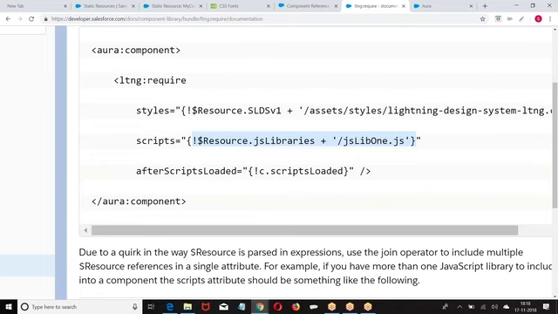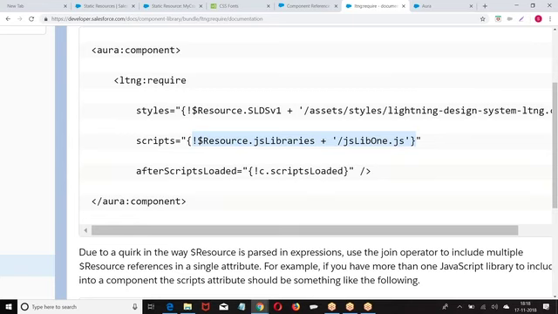Is this clear? So, lightning:require. It is used to include external CSS or external JavaScript files. If you want to include external JavaScript files or external script files within the Lightning component, we are going to use lightning:require. First, whatever external CSS or JavaScript you want to use has to be loaded into Salesforce as a static resource.